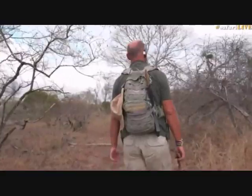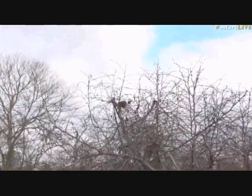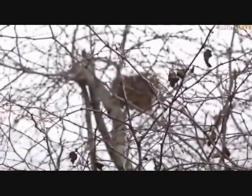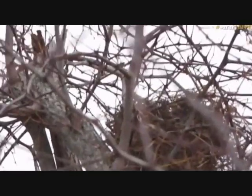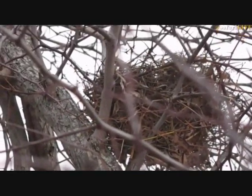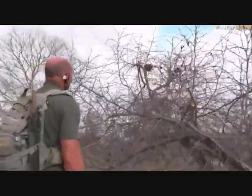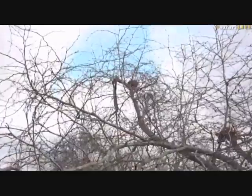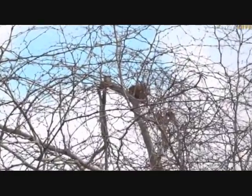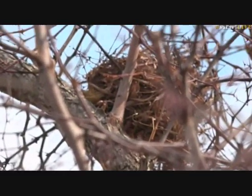Oh, look at this nest in the top of this. It's a fairly large nest. But what is striking about it is the fact that it's in the middle of a buffalo thorn. Now, these buffalo thorns have a very dense covering of leaves. You won't be able to see into the middle of this bush. And this bird has managed to weave a cup-shaped nest inside here from grass. It couldn't have been easy to do. And then rear chicks inside there and come in and out the whole time without poking itself in the eye or...